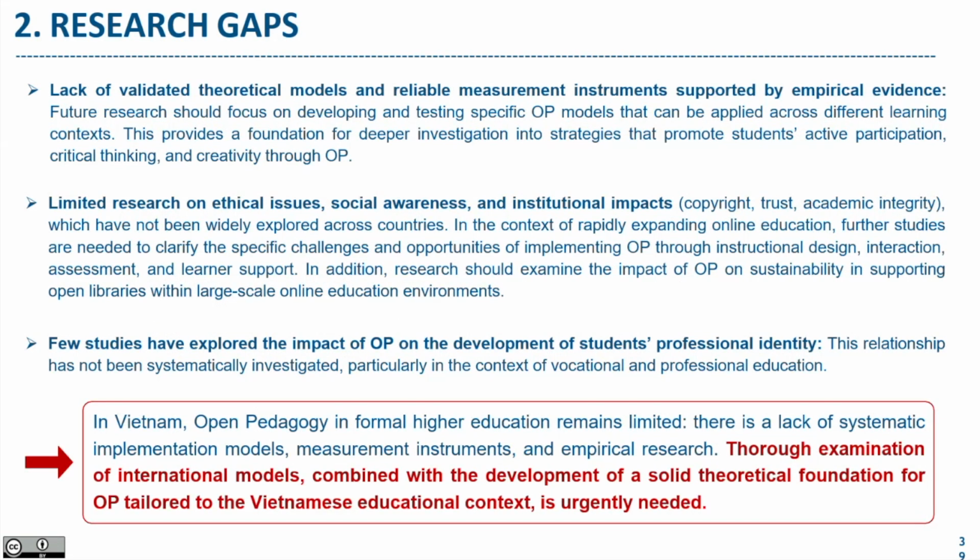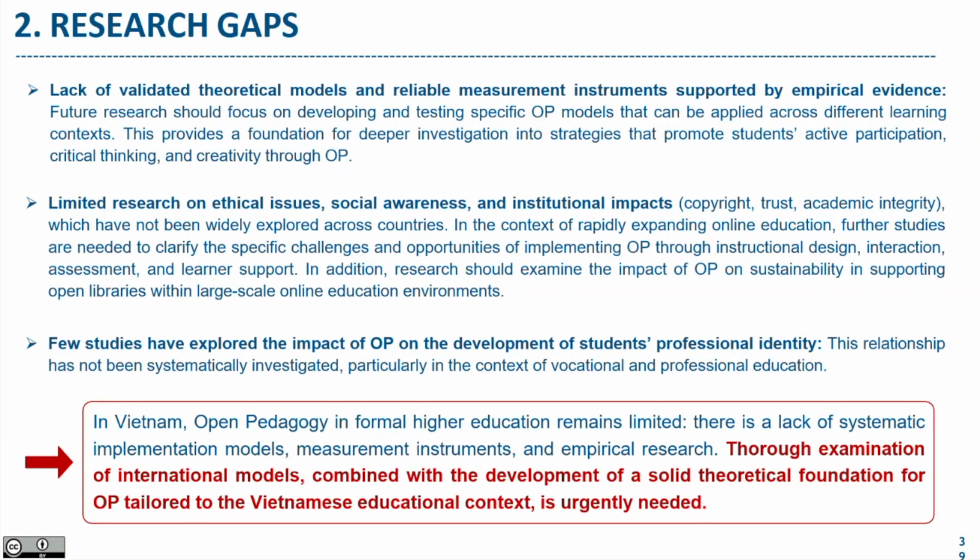After that, I identify the three key research gaps. The first is the lack of a valid theoretical model and reliable measurement instruments supported by empirical evidence. Future research should focus on developing a context-specific open pedagogy model that we can apply across different learning contexts. It provides a foundation for deeper investigation into strategies that promote student active participation, critical thinking, and